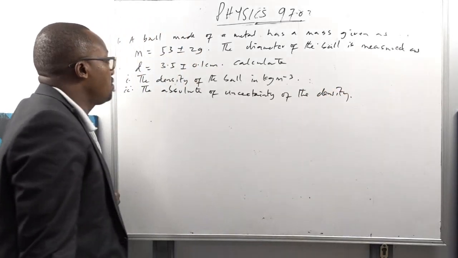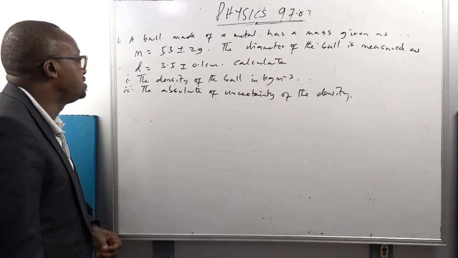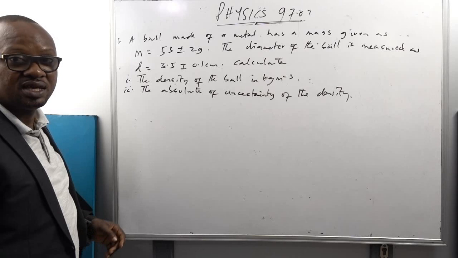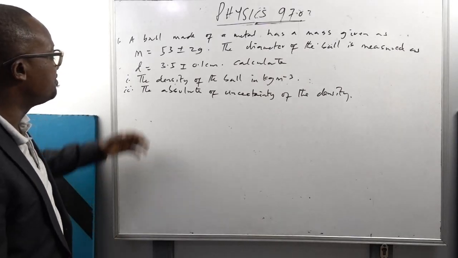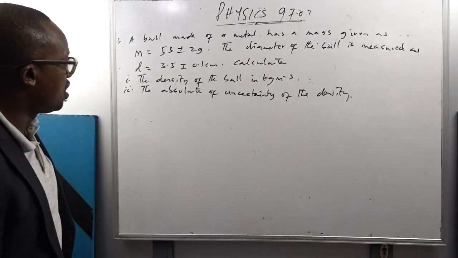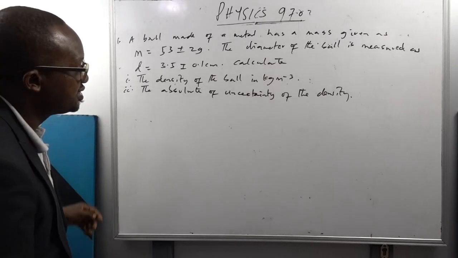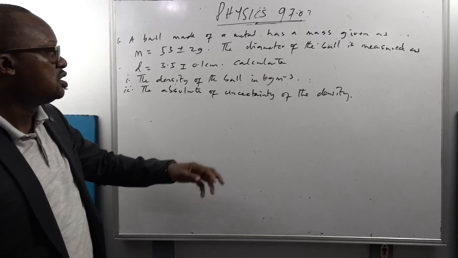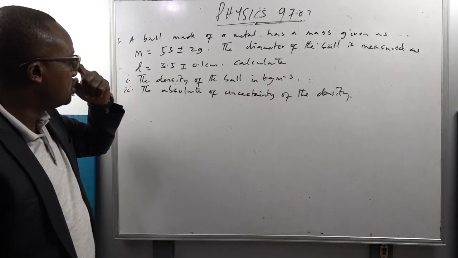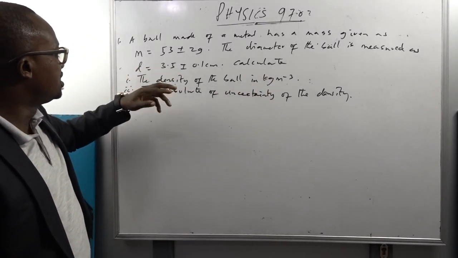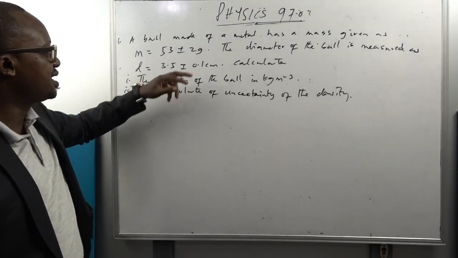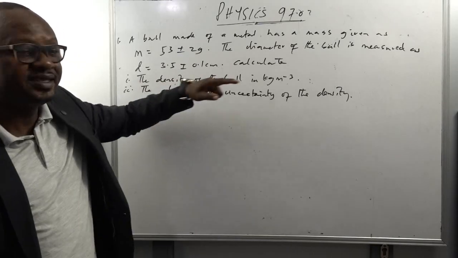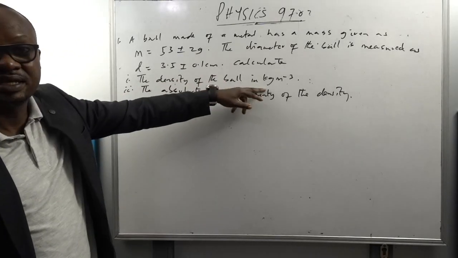Alright, so you are given a ball, the mass and the diameter of the ball were measured, and the values of the mass and the diameter have been given above. So what we want to do now is to calculate the density of the ball. And you are supposed to calculate the density in standard unit, which is kilograms per meter cube. So you know that the unit for mass and diameter, they were given in centimeters. So if you are solving this problem, you need to calculate the reading of density in standard unit, which is